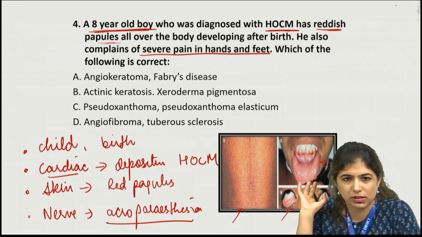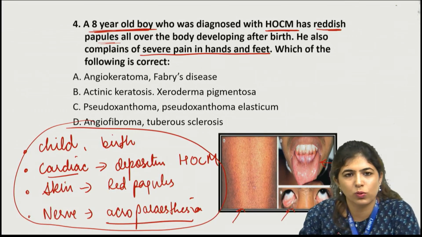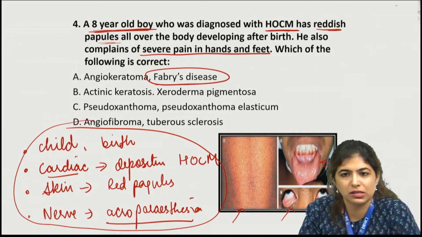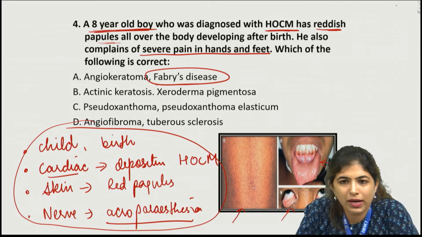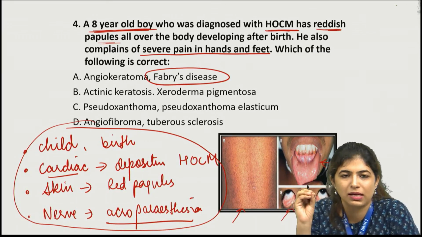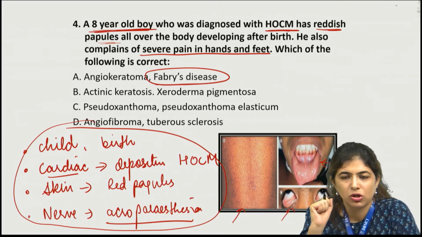Reddish papules. Together, the only condition with this kind of a diagnosis is Fabry's disease. Okay? You may not remember the skin manifestation, but the constellation of symptoms here together make the diagnosis as Fabry's